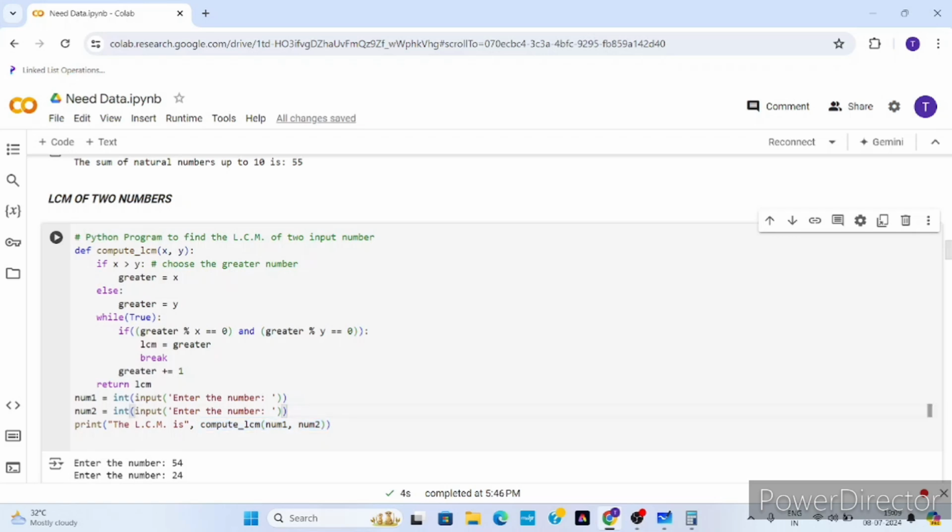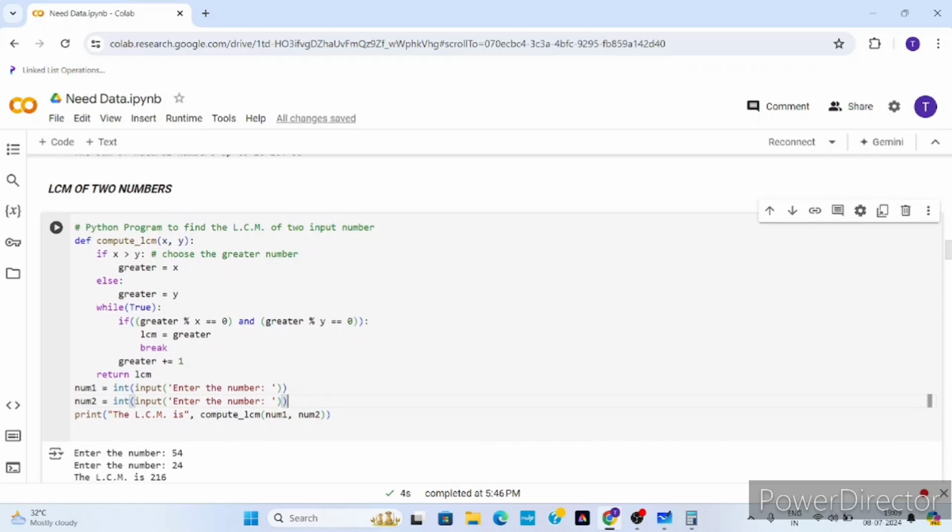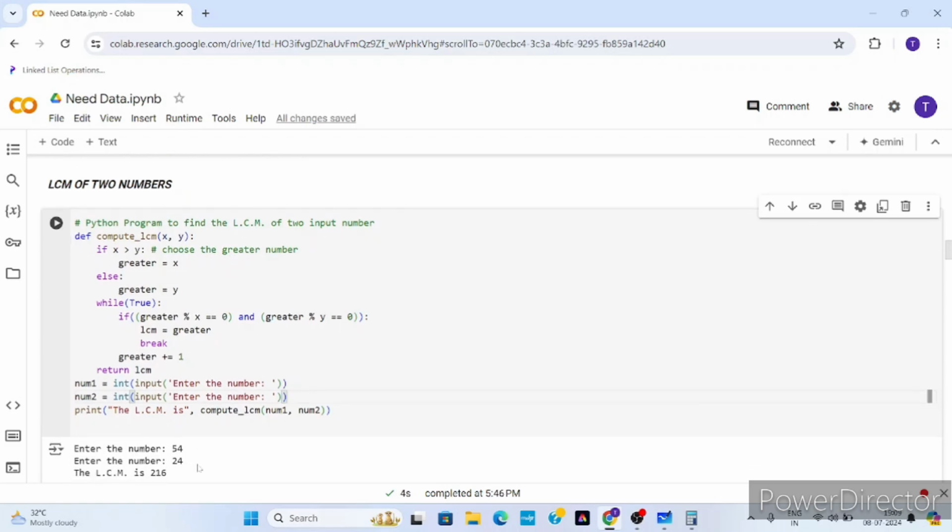Okay, let's start. Now there are 2 values, 54 and 24. So num1 is 54 and num2 is 24. Now we want to choose which is greater. Before this we want to know the concept of LCM. The LCM is the number which is divisible by both the numbers, like 54 and 24. Any number which is divisible by both 54 and 24. So this answer is 216. This 216 is divisible by both 54 and 24 without